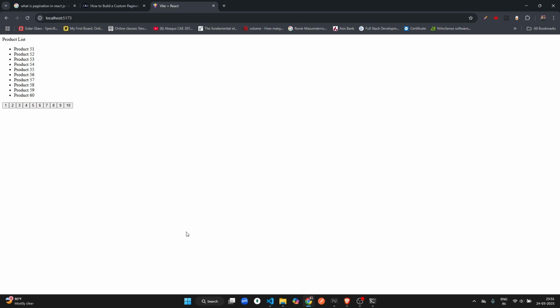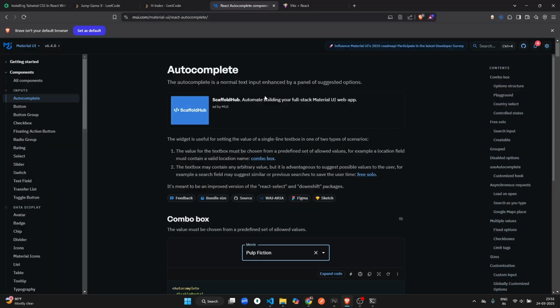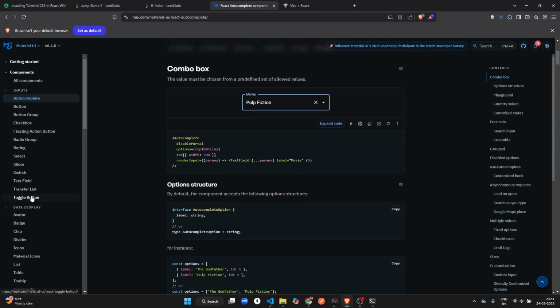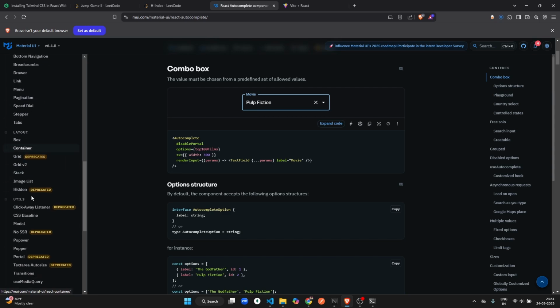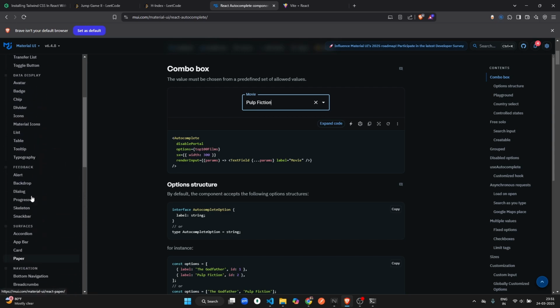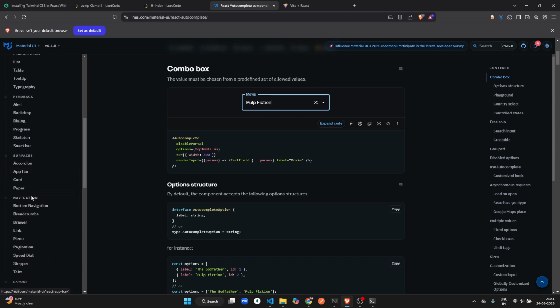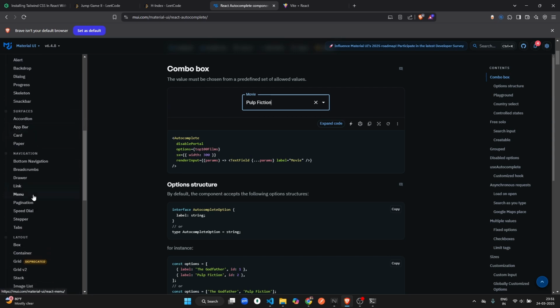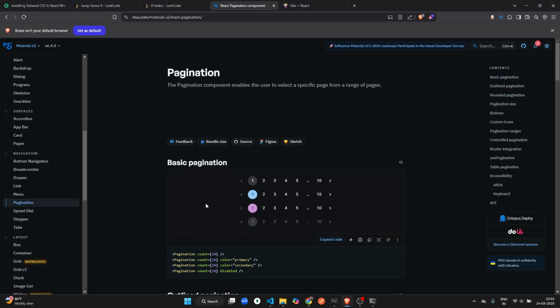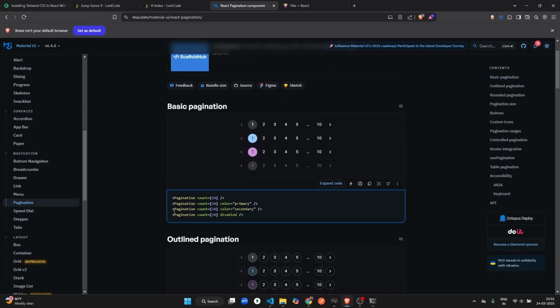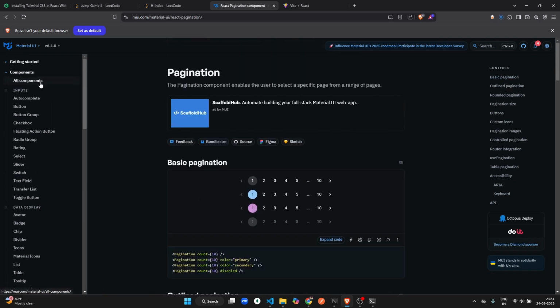Also, you can use different component libraries where you can use the pagination. Okay, let me show you how you can use pagination. Let me check here if I have pagination available. See, I have pagination available here. So how will I install this? First, I'm going to